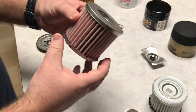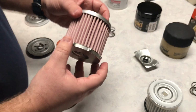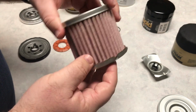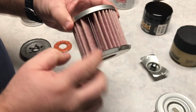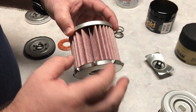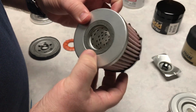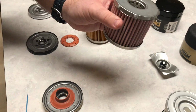But the filter media, this is probably the most impressive filter media as far as quality out here. The filter media is centered in the end caps. The gluing is not messy, but it looks like it's plenty to make a good seal. You've got the metal crimp. The spacing is okay. Some areas it gets thicker, but just the mass of the filter material, it looks thick, it feels thick. The holes in the inner tube are evenly spaced, and when you hold a light to this,